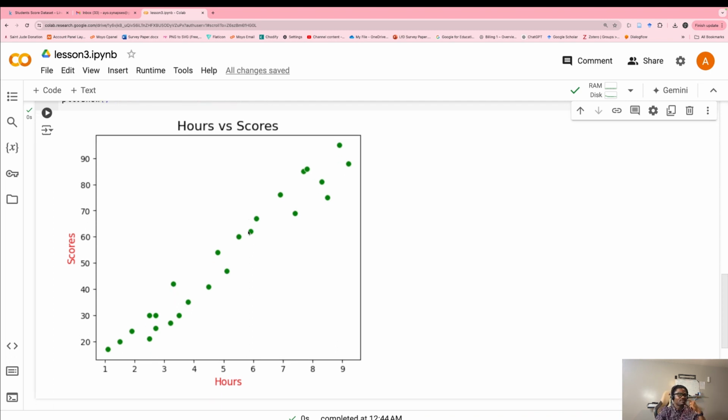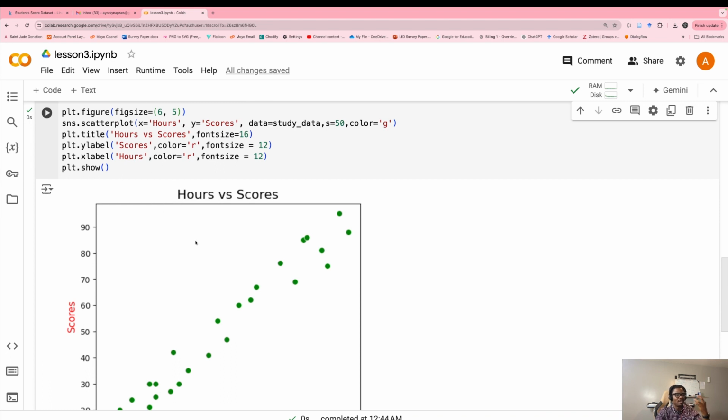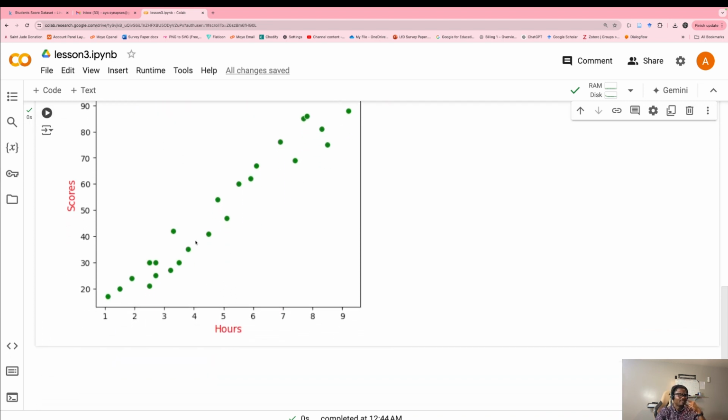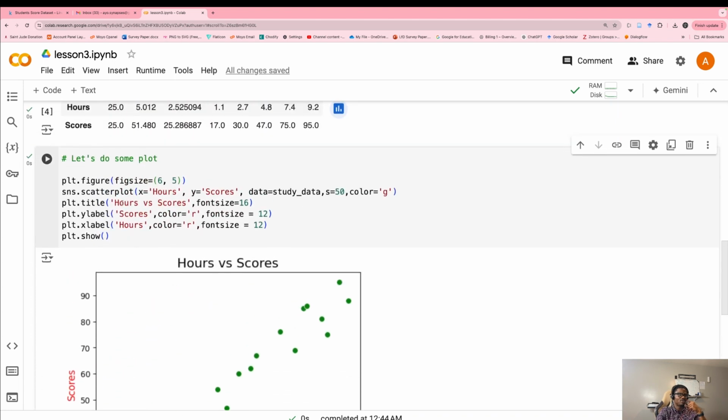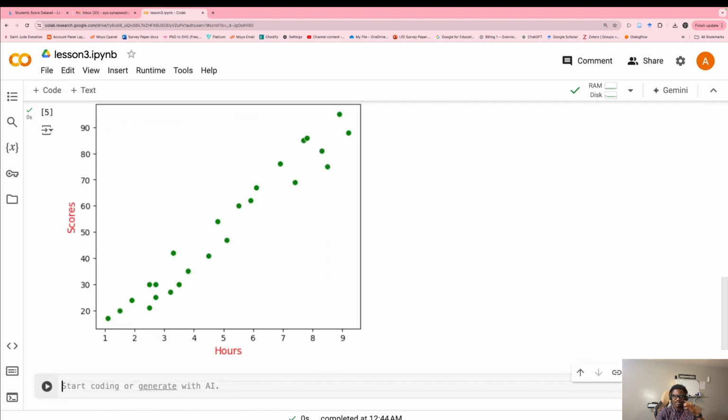This is just to visualize the data. I think we did some visualization last time, but that was a histogram. This one is called a scatter plot. I'll be introducing you guys to some of the plots, but you don't have to cram it.